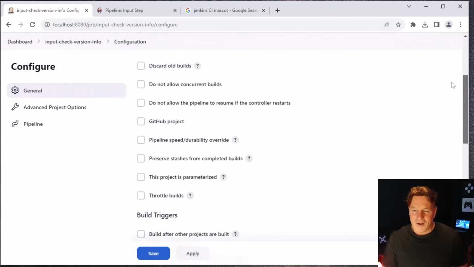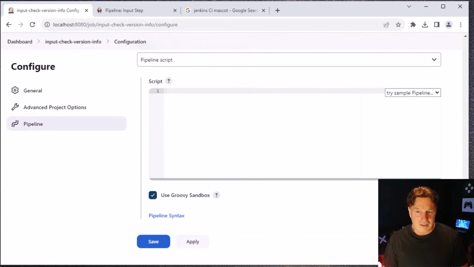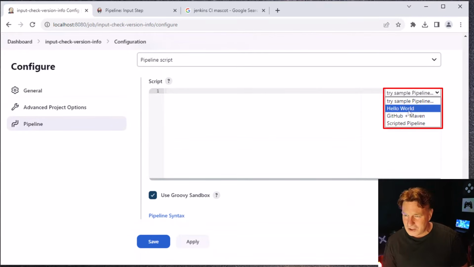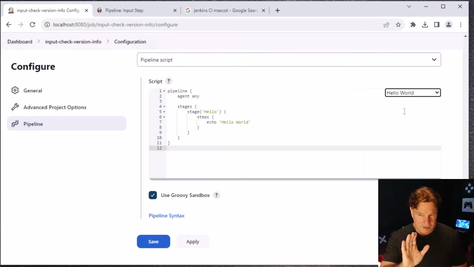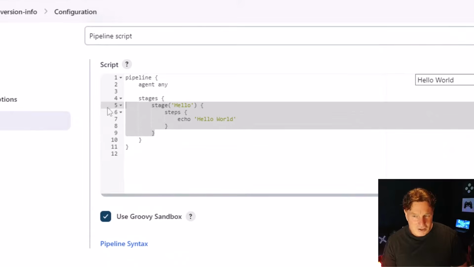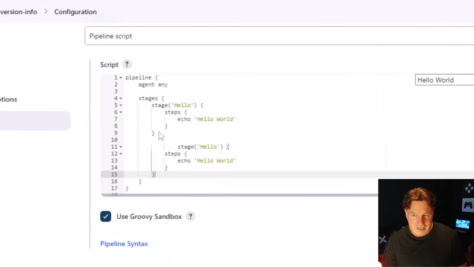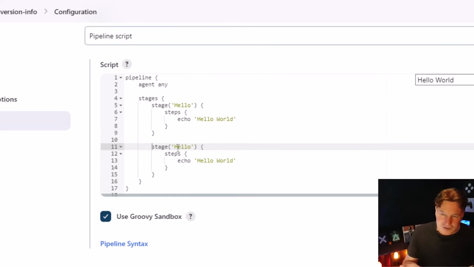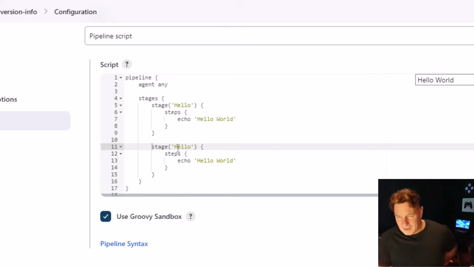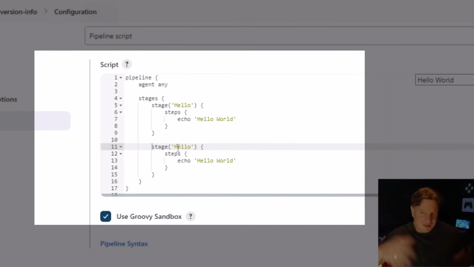And we're going to head on down here to the script section, and I'm going to start off with a little hello world script. I just like to start off, let Jenkins give me the start there. I'm actually going to copy the stage and just create a second stage, just because it's more interesting when a pipeline has two stages. I could do all this in the first stage, but I want a couple of stages here. So I'm going to leave the hello world alone and add a second stage and call it the